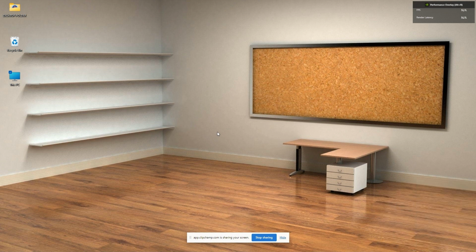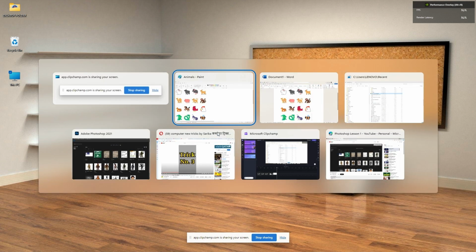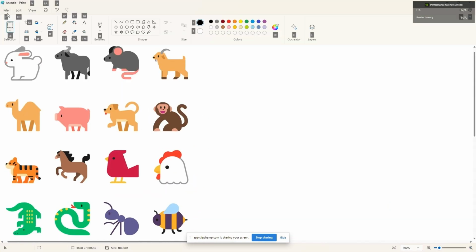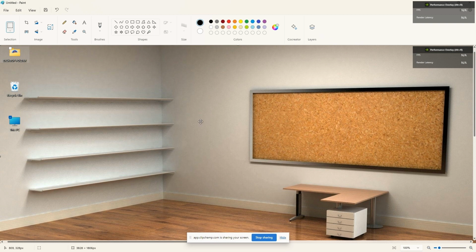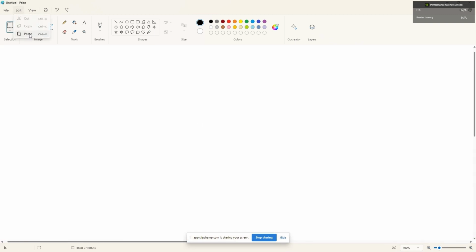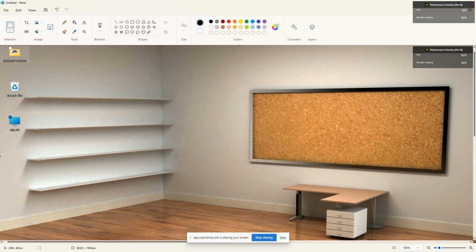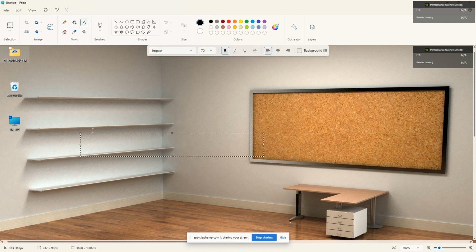On some computers, when you press Print Screen, it takes the screenshot directly, and then you go to Photoshop or Paint or wherever you want. Now I open a new one and press Control V. Now you can see the screenshot, or you can go to Edit and Paste. The screenshot is here, and now you can type or whatever you want. Suppose I write desktop screenshot. Okay,